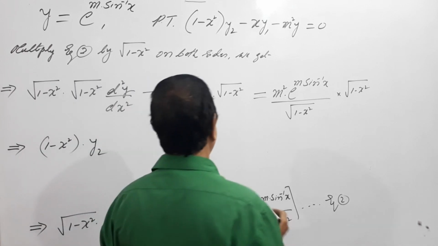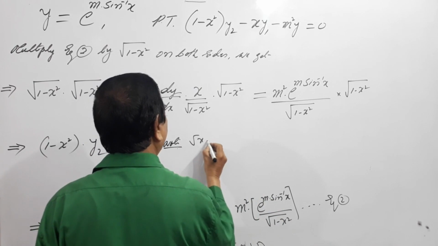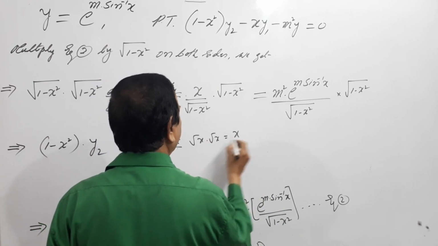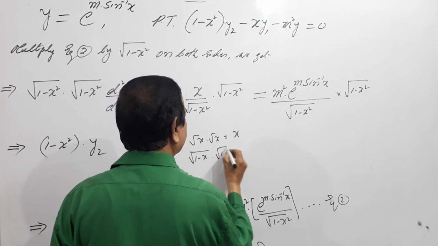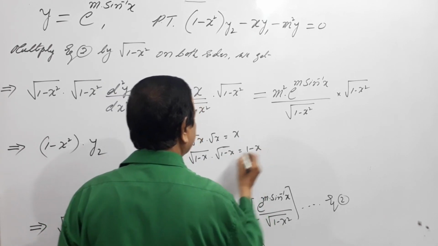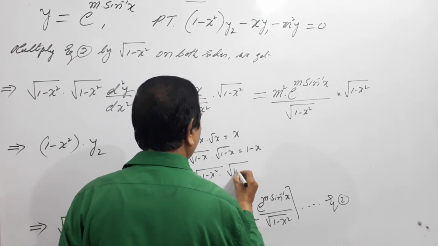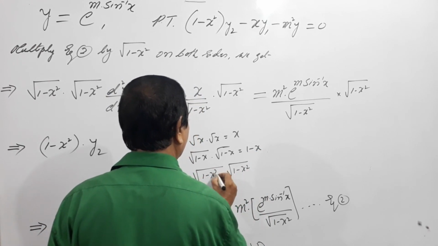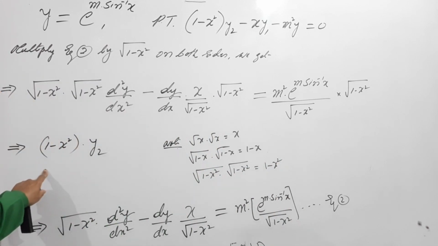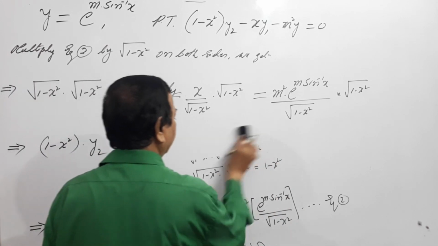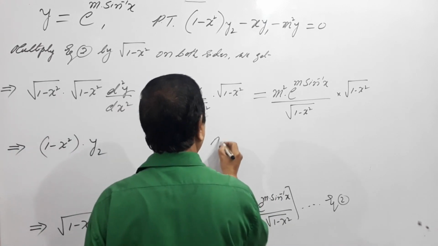Here I can note: root x into root x equals x, root of 1 minus x into 1 minus x equals 1 minus x, 1 minus x square into 1 minus x square equals 1 minus x square. That's what I have got. Okay, so I'll remove this. Now we know also